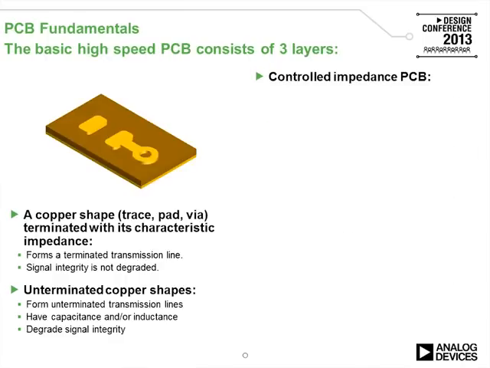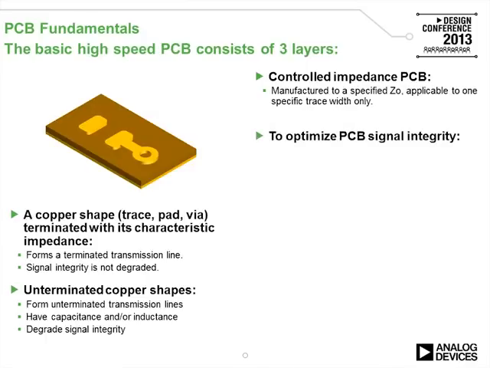We have controlled impedance PCBs, and these are manufactured to a specified characteristic impedance, and this is applicable to one specific trace width only. To optimize PCB signal integrity, keeping in mind that the manufacturing will only refer to one trace width, we should keep all long traces the same width,